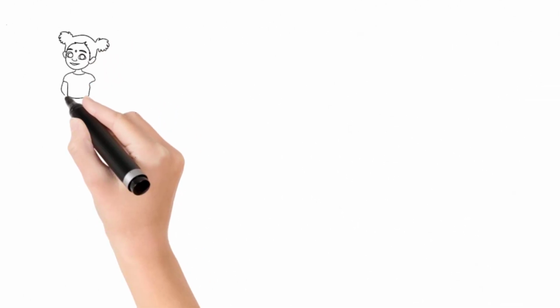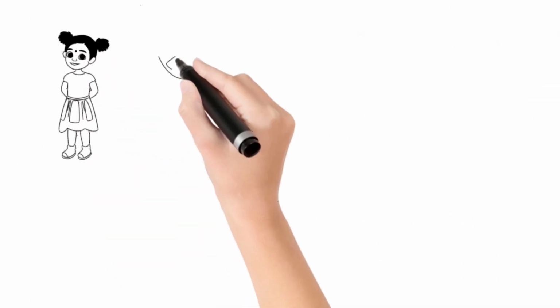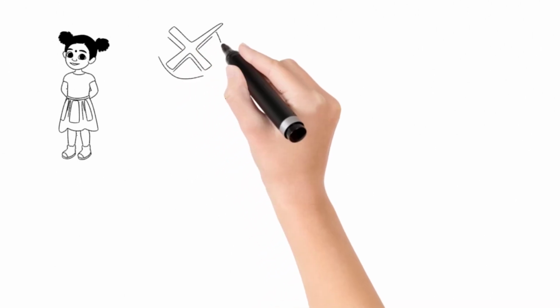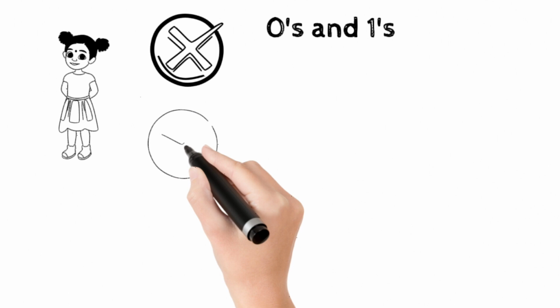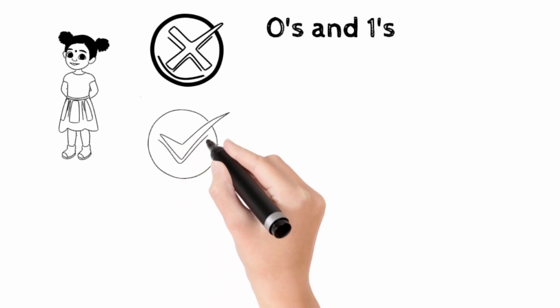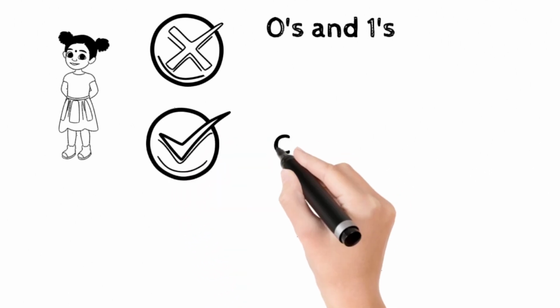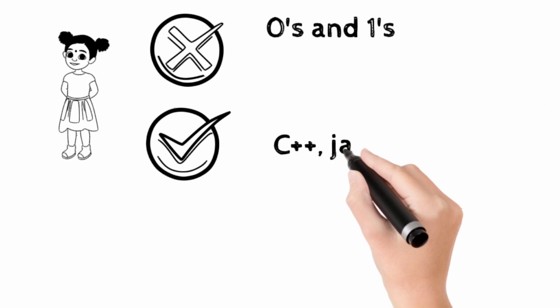Now, humans can't learn binary language. It is very hard to learn binary languages. So, they learn programming languages. And programming languages are written with variables, English alphabets and characters, and also numbers.